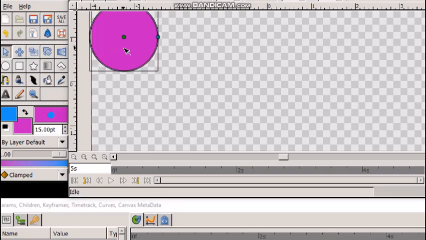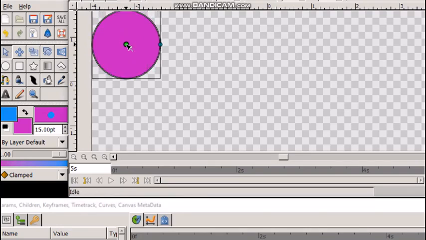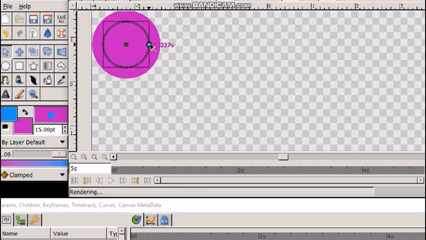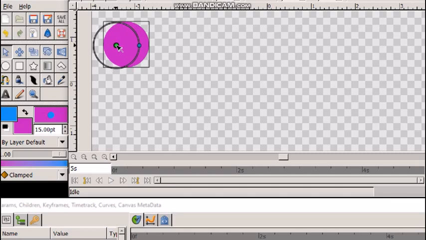Transform tool. This green duck is used for changing the position of the circle, and this blue duck is used to change the radius of the circle. So we will make a little small circle, put it here at the edge. Now we are ready with this circle object. It is to be animated.